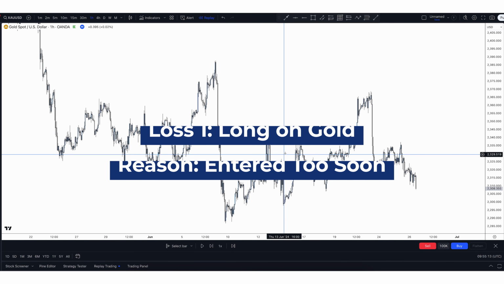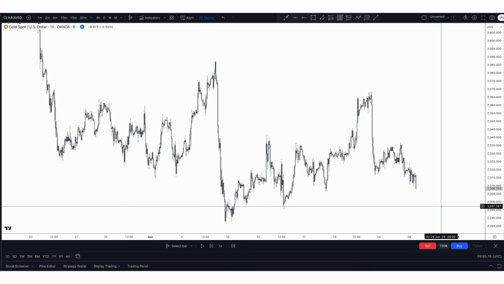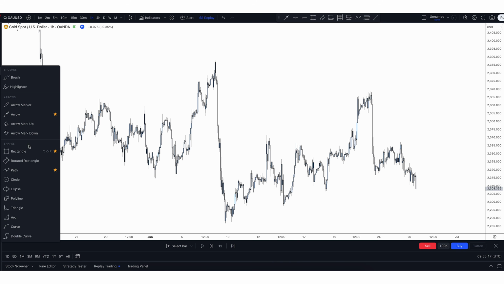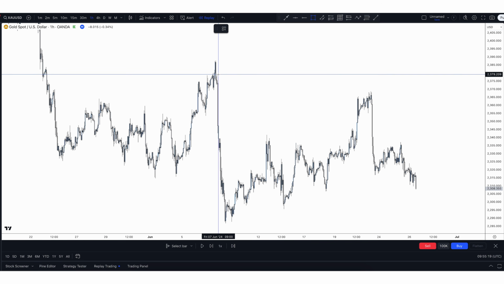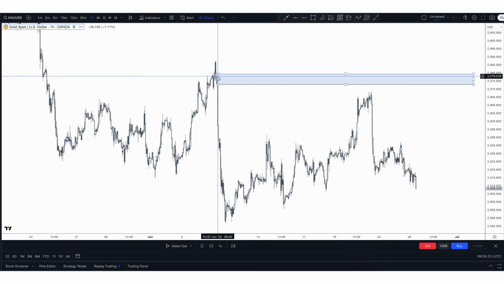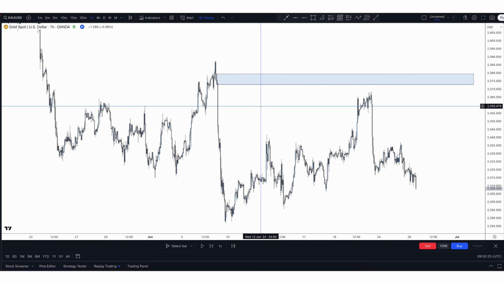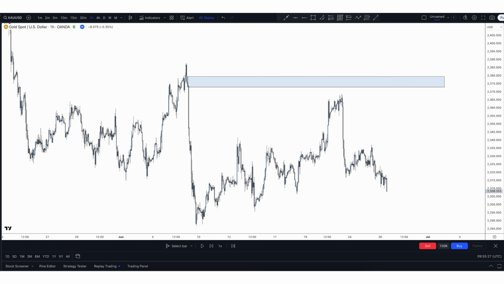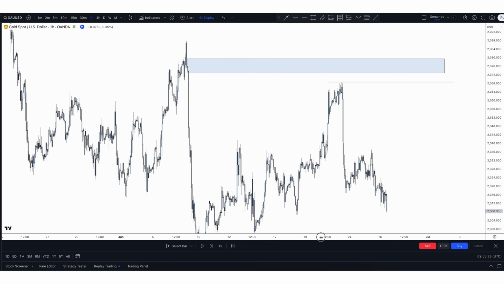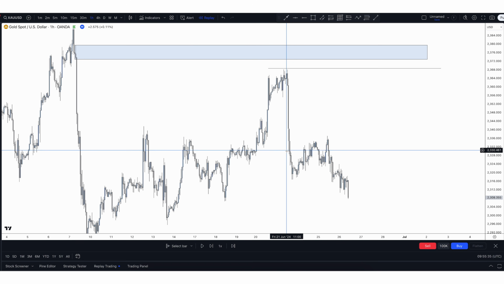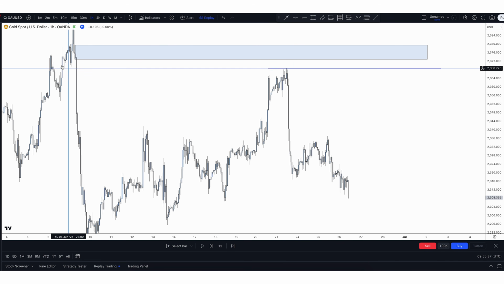So taking a look at the chart here, we can see that the market is predominantly moving to the downside, but we did have some open space in towards this area of supply. So just at the top of this large bearish move, we saw that there was still some imbalance left open above this swing high just here. So I was looking for some potential opportunity now that the market had pulled back to long towards this area